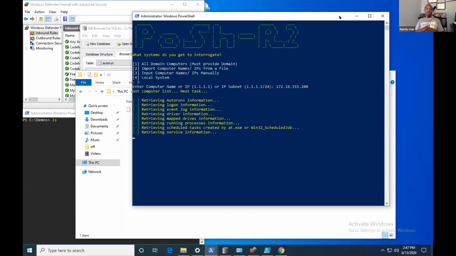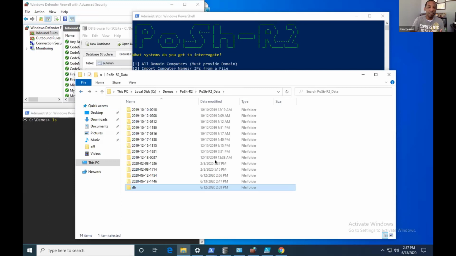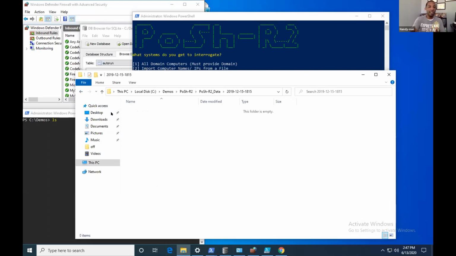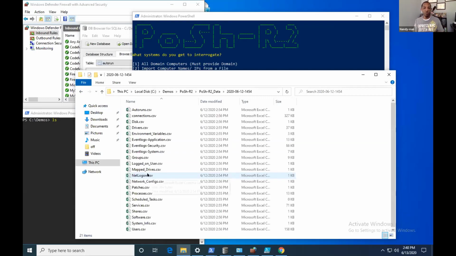Right? And once it comes back, like I said, it goes to a landing zone, and then it goes into the next part where it starts to add things to the actual SQL database of sorts. And at that point, it's no longer connected to another machine. But the fact that we have them as CSVs allows us to get as granular with them as we choose, right? So we're not just limited to, well, it only comes back in this format, so I'm stuck looking at it there. No, we can do a little bit more with it from that perspective.